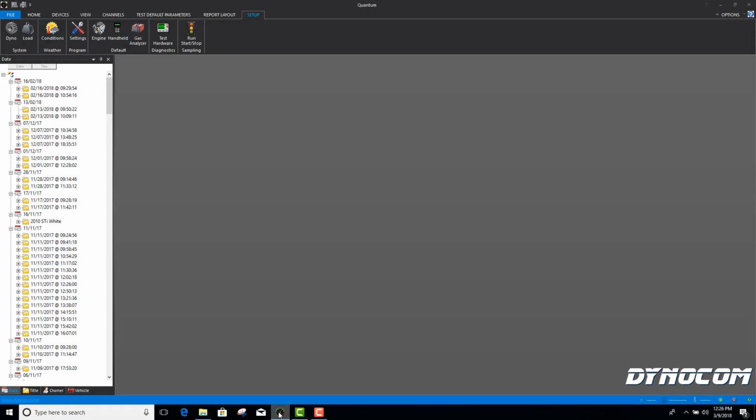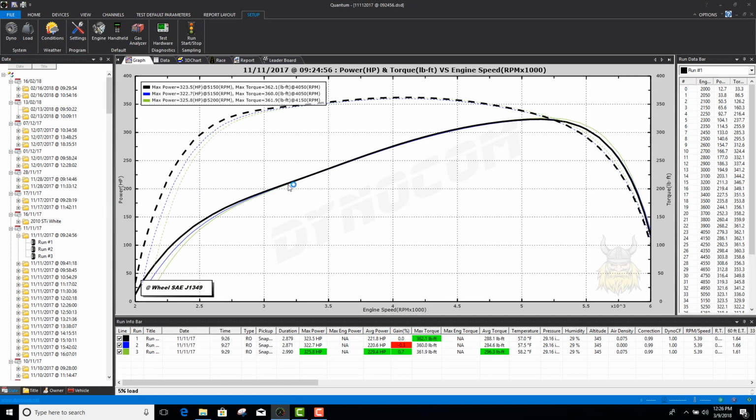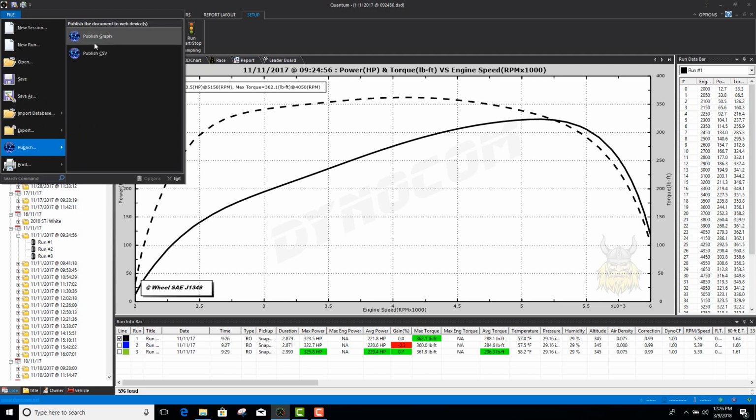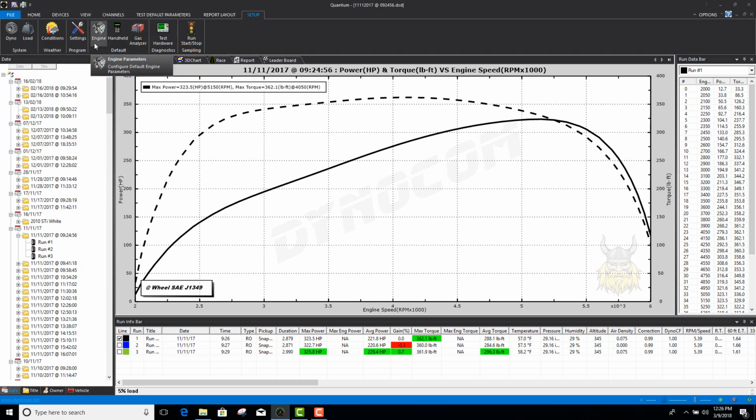So we can go here with Quantum. We can open up a session. And I can choose, we'll choose run 1 for this demonstration. I can go here and I can publish the graph. Okay, so you see that? I've got the graph selected. I go to the file menu and I can publish the graph. Boom. So now if I go out and look here,